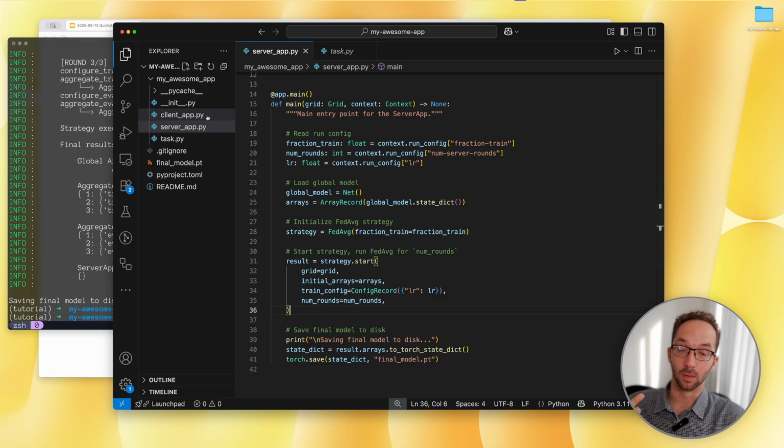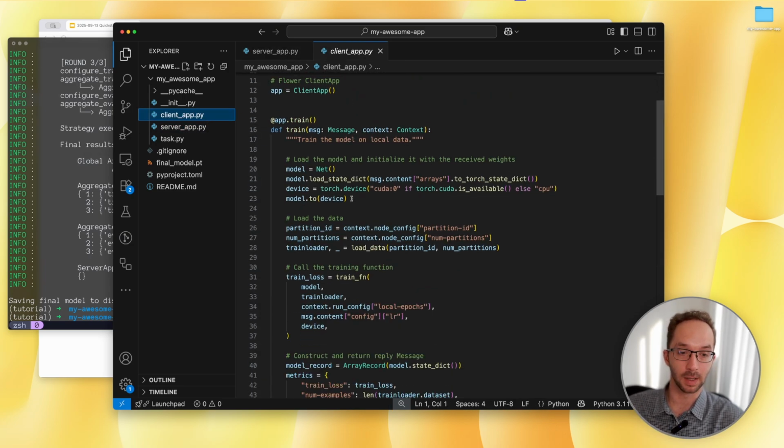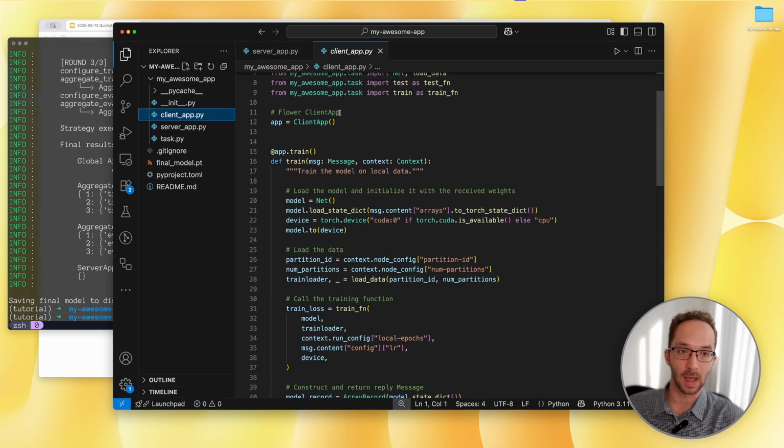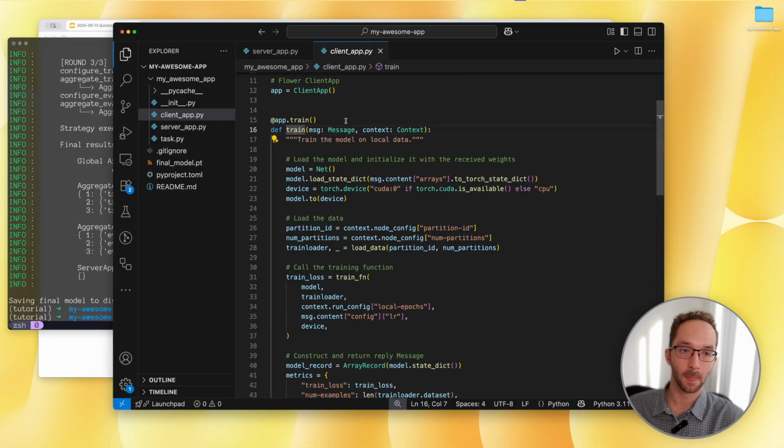Now let's look into the client app. So the client app is fairly simple as well. A client app can define different methods. We're going to look into the train method. And the signature of these methods is always the same. A message comes, and there is a